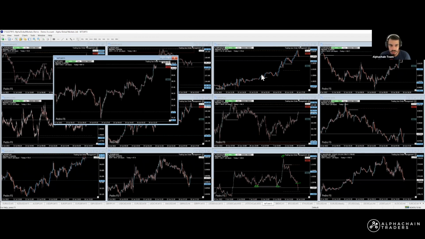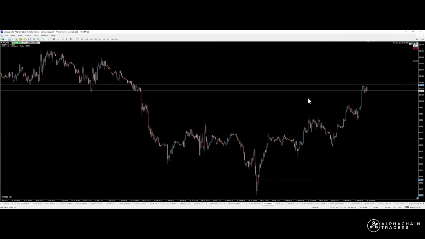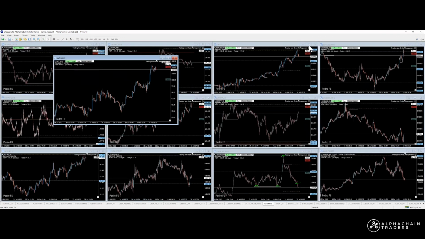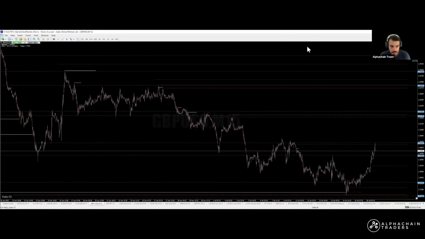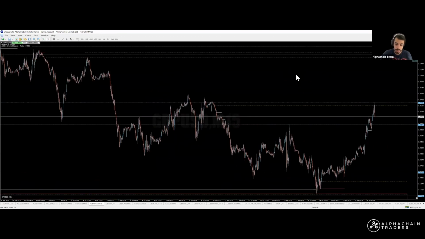Go ahead. On oil, I would say it has gone up like 4% today, so it makes sense to have a small retrace at the end of the day, towards the last few hours. Yeah, that can happen. At least for me, the way I look at it sometimes is